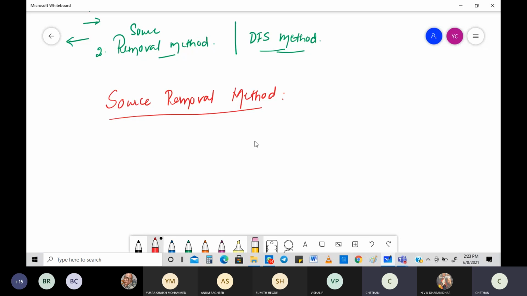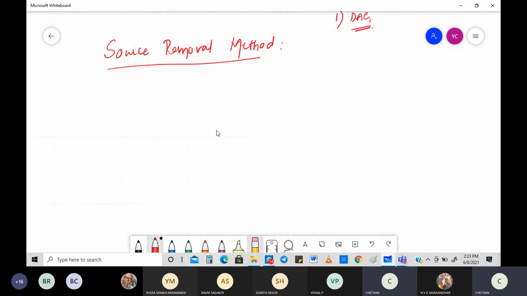So in today's class we are going to look into the source removal method. Now you know very clearly that I need to have a DAG, a directed acyclic graph. I'm going to take an example. There should not be any cycles. Please keep that in mind. Without any cycles we are going to work through it.